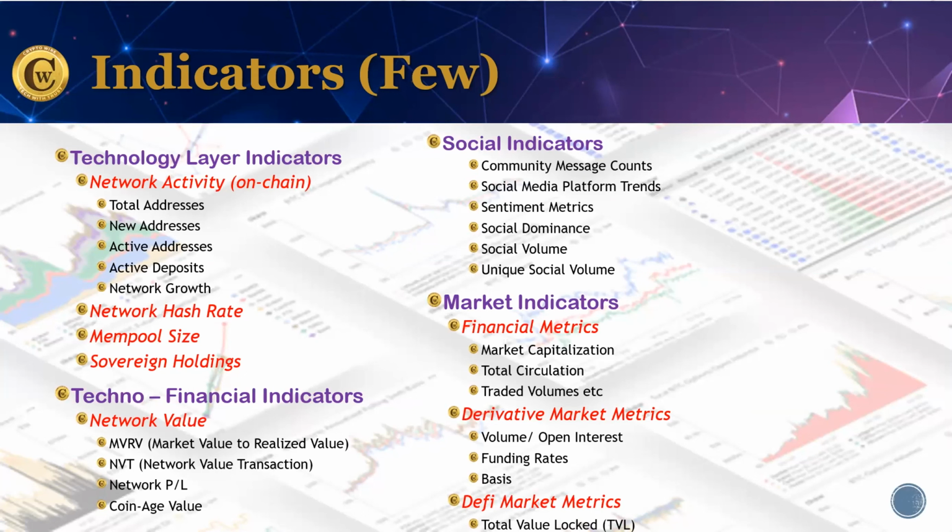आज मेमपूल साइज क्या है, तो ट्रांजैक्शंस कितने ज्यादा बढ़ रहे हैं, mempool size अगर बढ़ता है तो basically it says that the transaction demand of that particular system is going up. Sovereign holdings कितने हैं, मतलब कि कितने लोग अपने ही वॉलेट्स में ये क्रिप्टो करेंसी को होल्ड करके रखे हैं, एंड नॉट इन एनी एक्सचेंज वॉलेट्स एंड थिंग्स लाइक दैट. तो ये सारा चीज आपको एक टेक्नोलॉजी लेयर इंडिकेटर्स बनते हैं. और भी है, बट आई एम जस्ट डिस्कसिंग ए फ्यू ऑफ देम which are very interesting and gives very good insights about the networks technology ka adoption.